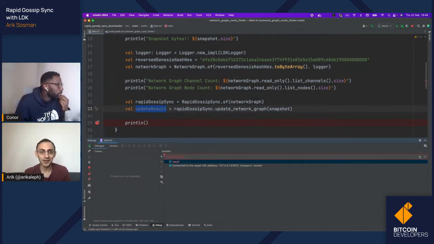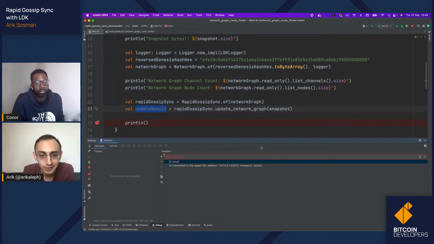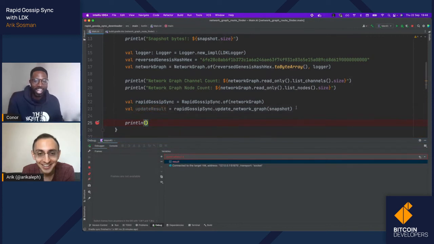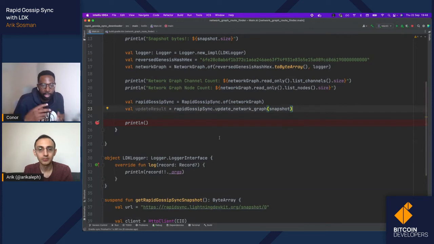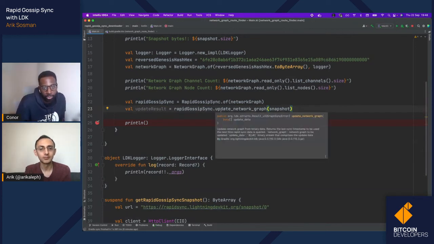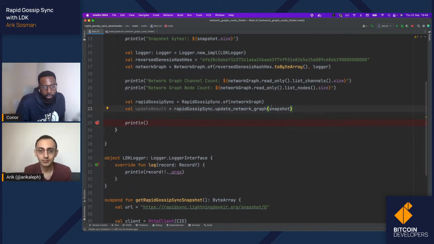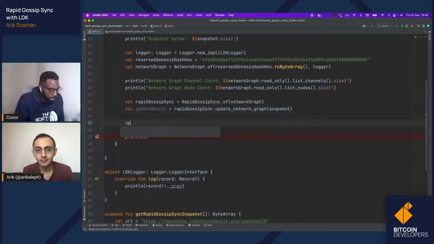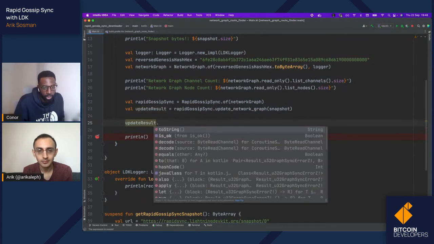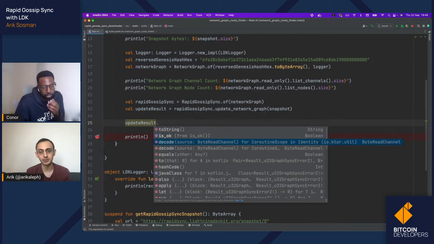Let's do it the old-fashioned way with print statements, like the cavemen that we are. But hold on a minute. Let me just get my head around a few things. So update network graph is actually returning a byte array with update data. Okay, cool. So what does that actually mean? What does that have on it? It's a result type, which means it's either okay,